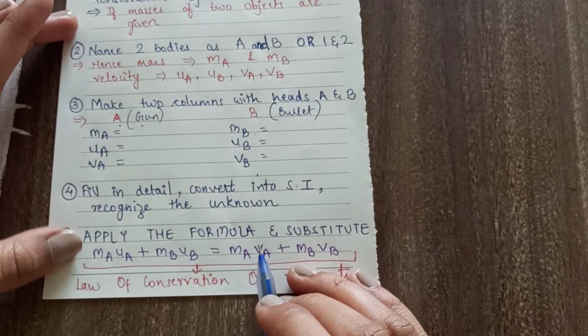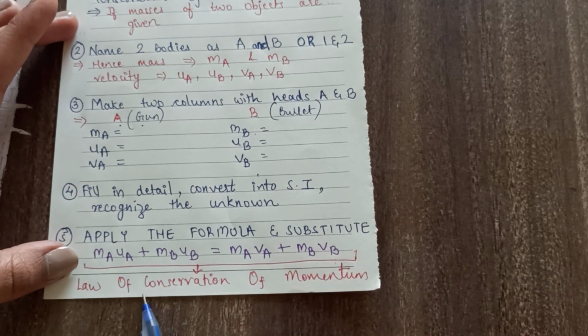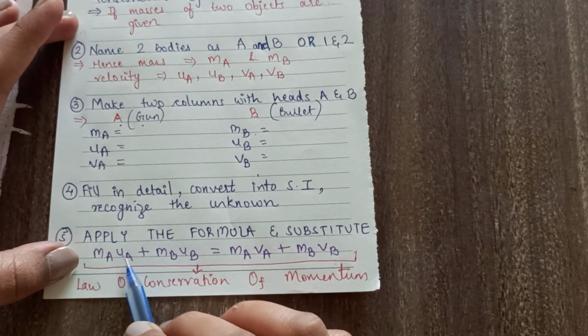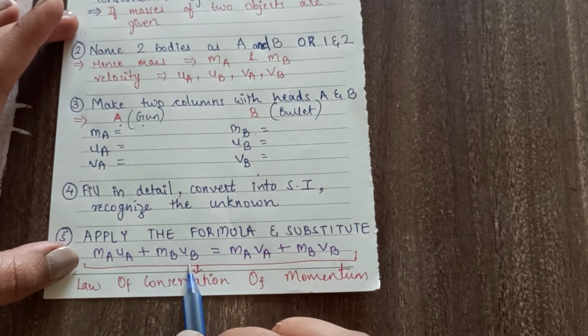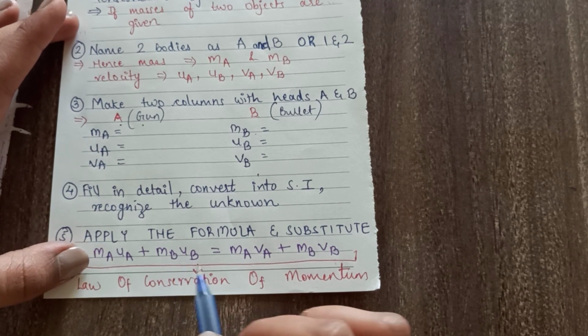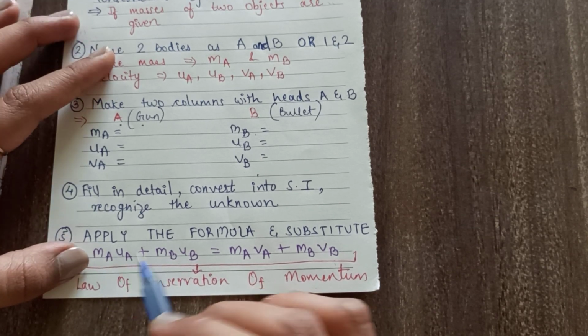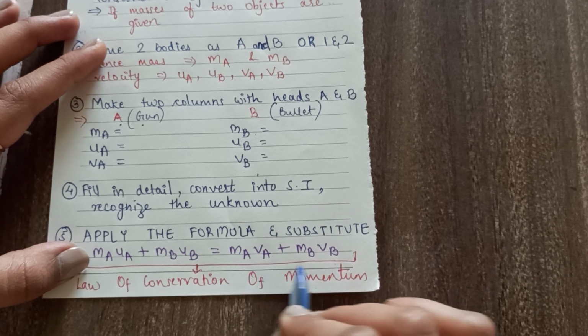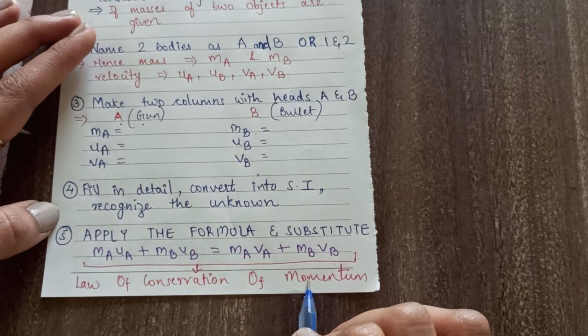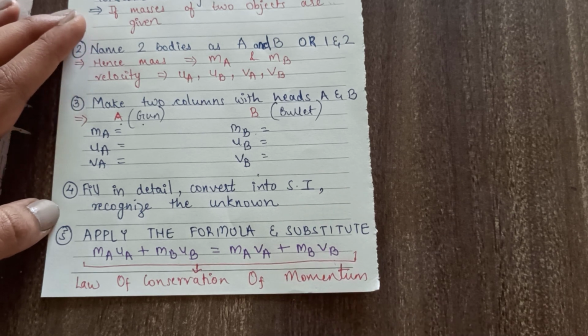So in the formula there might be confusion, but that should not happen. You should remember the law of conservation. Whenever we use conservation, it means a situation before and a situation after. So for before, the first situation is for initial velocity, therefore we have taken initial velocity of both the objects on one side along with their masses, because momentum is mass into velocity. And the final velocity terms we have taken on one side, because this is according to law of conservation of momentum. Okay, so learn these steps and you will be through it.